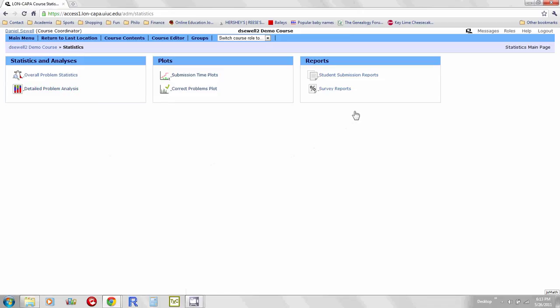A lot of times you'll be very interested in this one, student submission reports. It's useful if you're interested in seeing what a particular student has responded to a question, if there's some sort of dispute over what they put and what they think they put, you can go there. Or if you're doing survey, this is usually where you'll go. I know there's one right below it that says survey reports, but that just gives basic summary statistics like pie graphs and things like that that aren't terribly useful. If you go into student submission reports, you'll have data vectors,